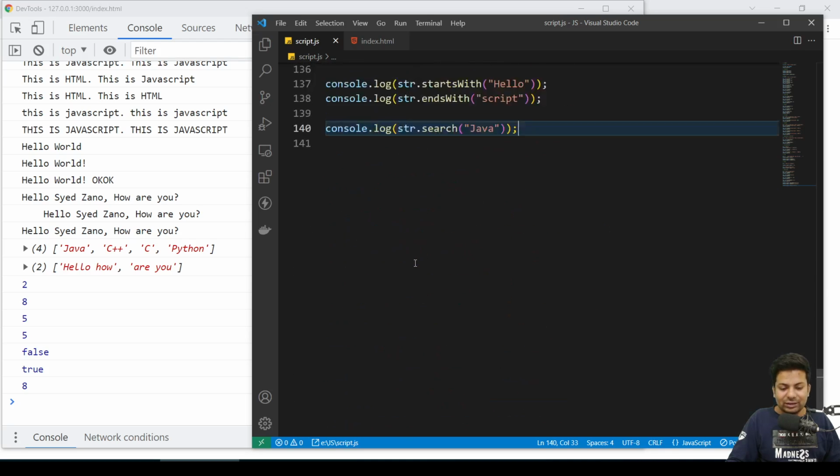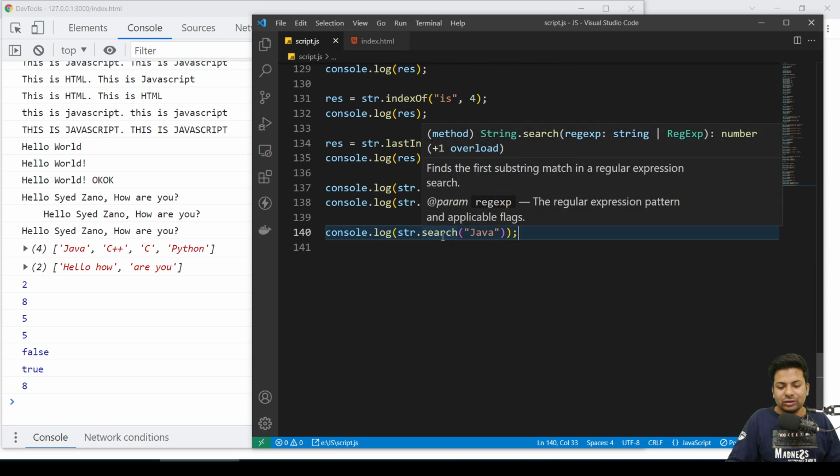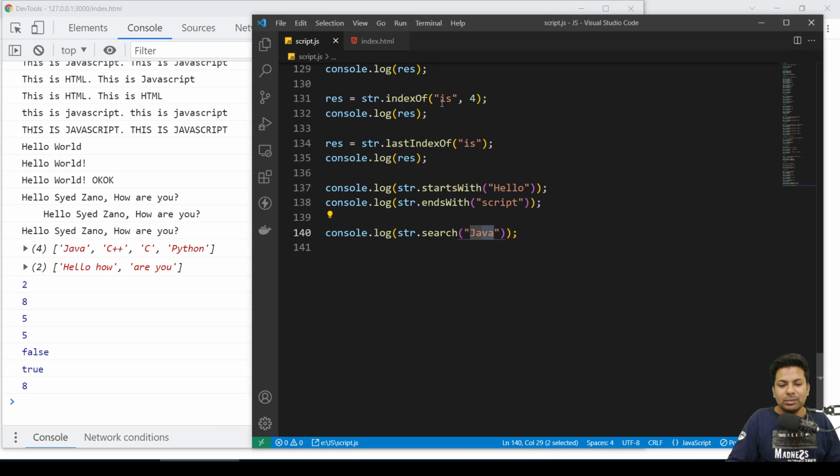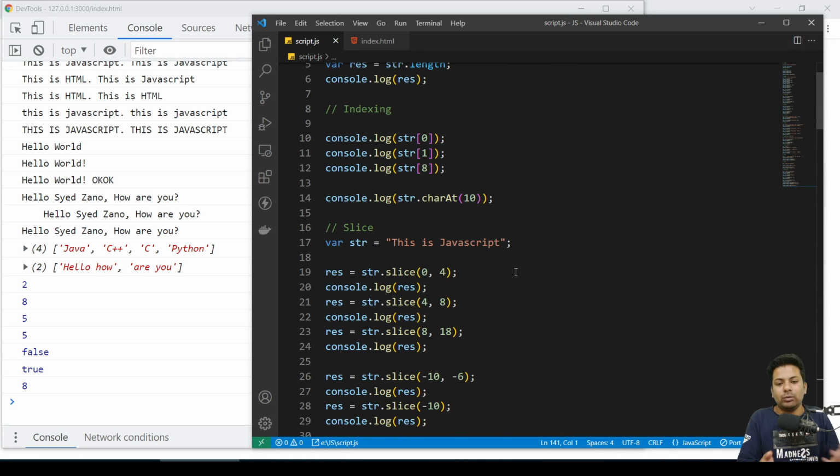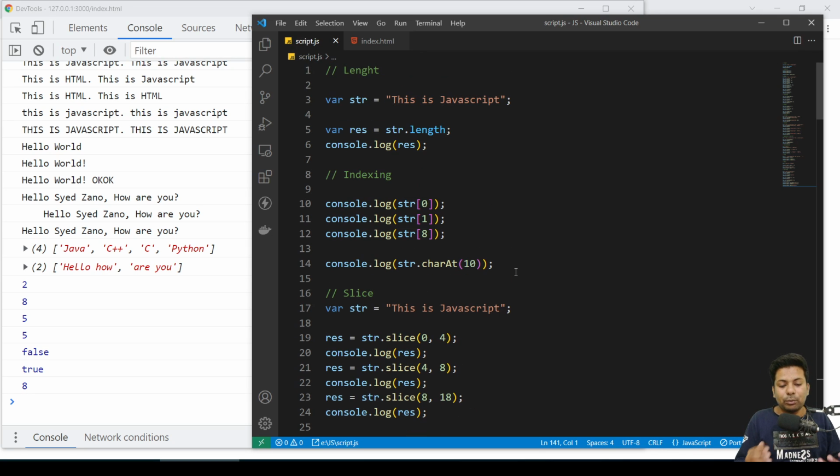You can search like this also, but with str.search, just give the word. That's also a way, it does the same thing. It gives you just the starting position. So these are some string handling methods you should know. Other than that, you have to keep trying some word problems, then these will be easy. There's no problem. Okay, so yeah, that's it in this part, guys.